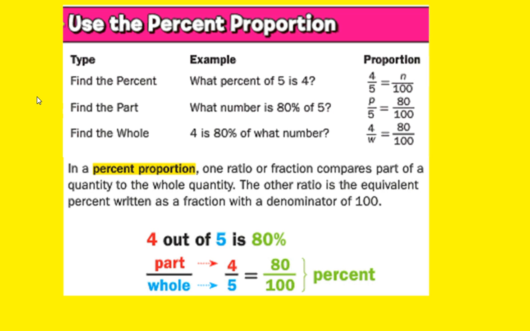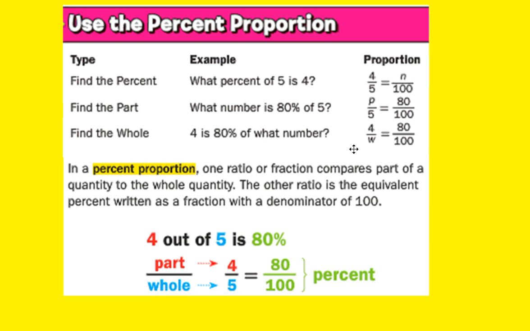Use the percent proportion. When we're using the percent proportion, we're going to have to find either the percent, the part, or the whole. An example of a question that asks you to find the percent is, what percent of 5 is 4? To find the part, they would ask, what number is 80% of 5? And if they wanted you to find the whole, they would ask, 4 is